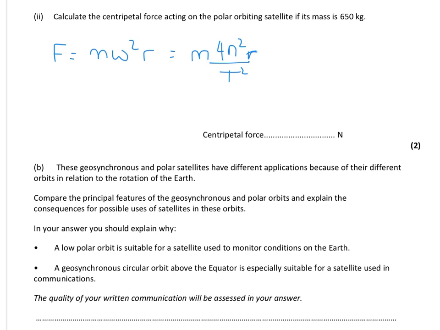Now the T is 105 minutes times by 60 to convert it into seconds. That all squared, over 650 times 4 pi squared, and then we need to multiply that by the distance, so we can calculate that,